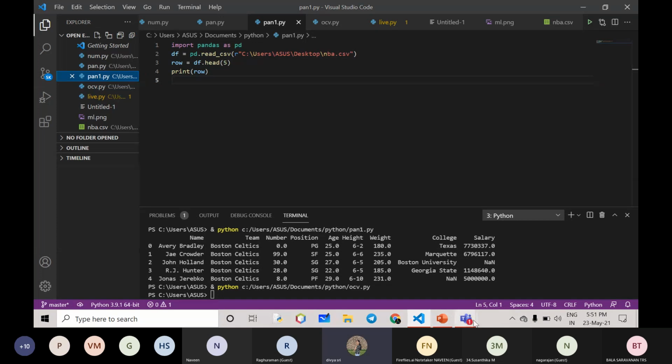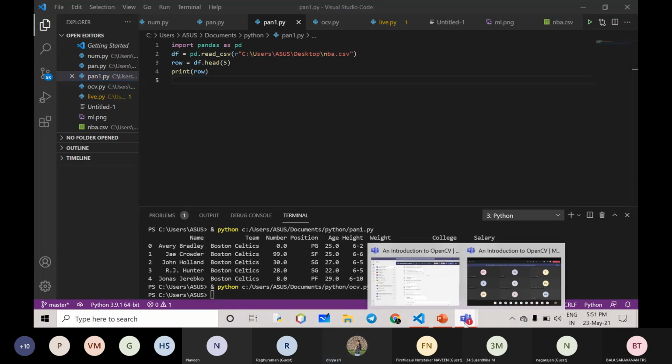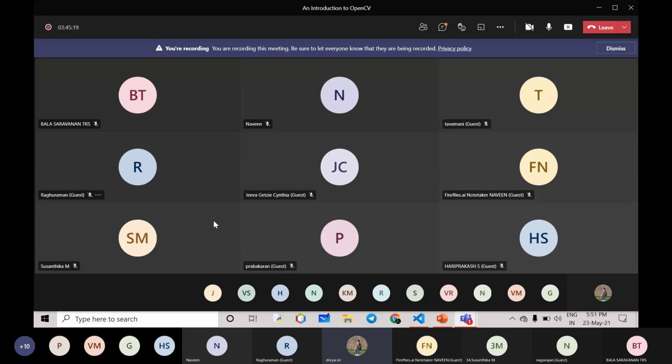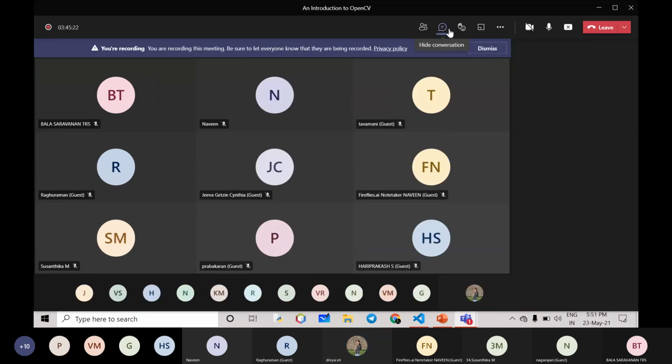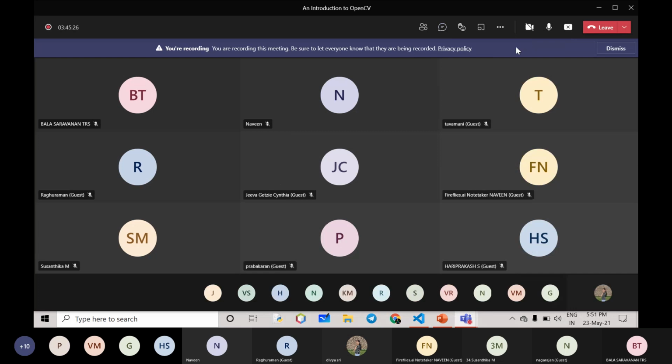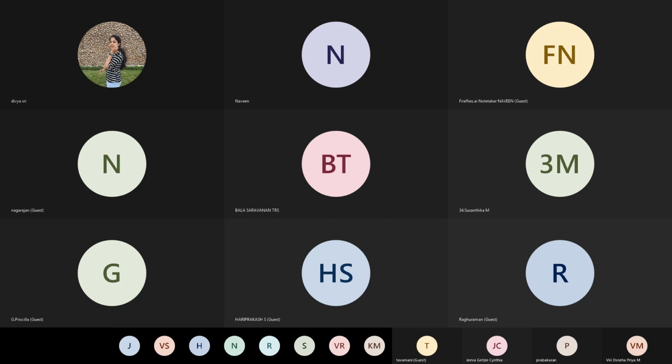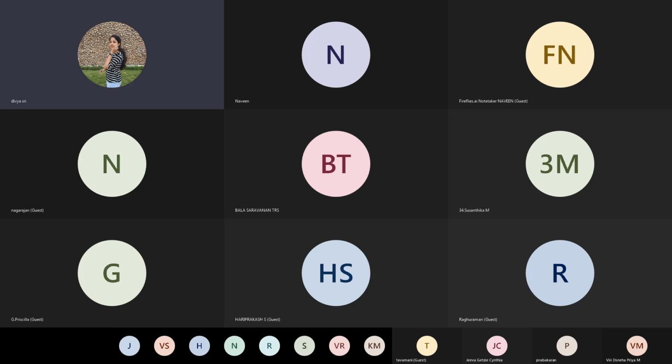If you have anything, you can ask me. So okay, I hope that I have cleared your doubts and now you have some clear knowledge about OpenCV and all other things.